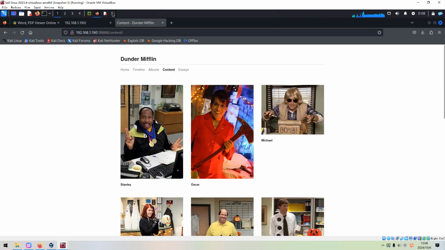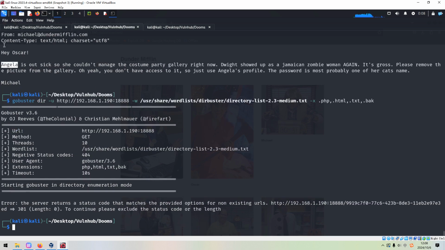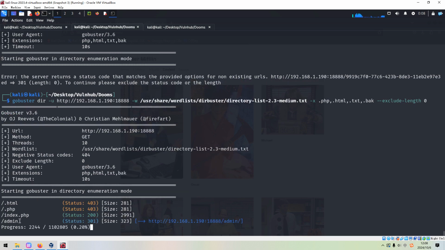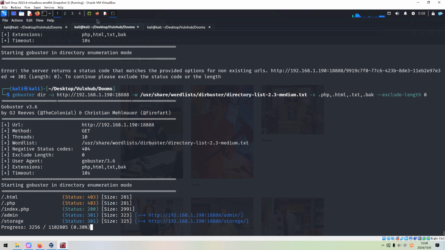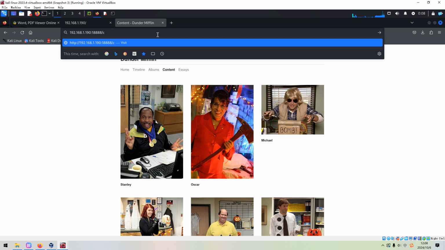So to do it, we can launch the GoBuster. Of course, as usual, if you launch the GoBuster, you will get the error. Don't worry, we can use the exclude links option, and then you can get, as you can see, the entry for the administration. Okay, so now we can go to the admin.